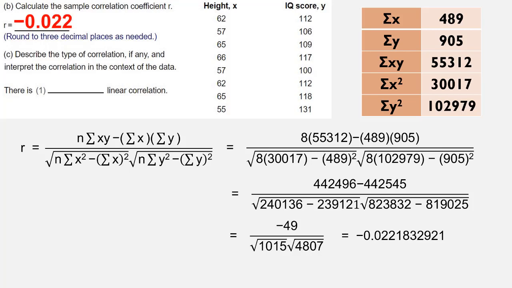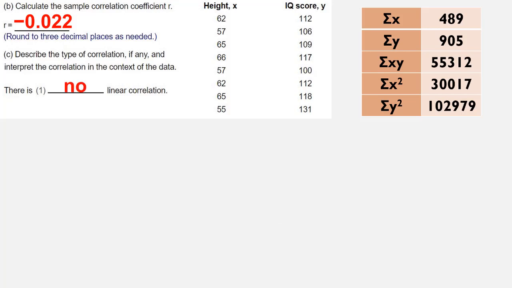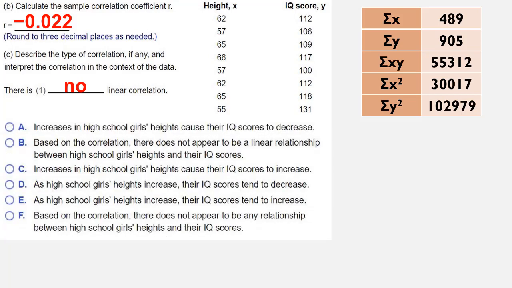So based on that correlation coefficient, we want to describe the type of correlation we have. That value is very close to 0. And if you remember from our description, when the correlation coefficient has a value close to 0, there is no linear correlation. Now, we want to be able to describe what's going on here, and the answer here is choice B. Based on the correlation, there does not appear to be a linear relationship between high school girls' heights and